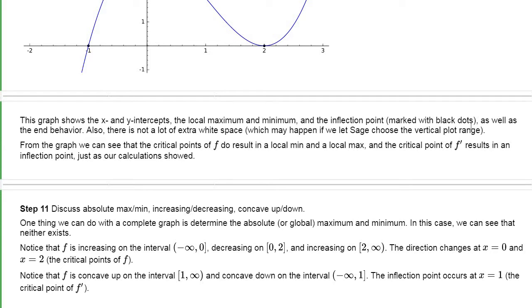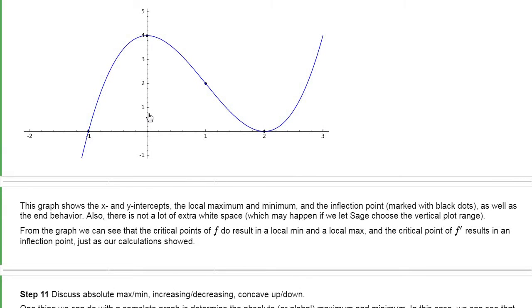So if there's an absolute max or min, or global max or min, whichever word you like, as opposed to just relative or local that we've talked about already. Intervals where it's increasing and decreasing, and intervals where it's concave up and concave down. Okay, so